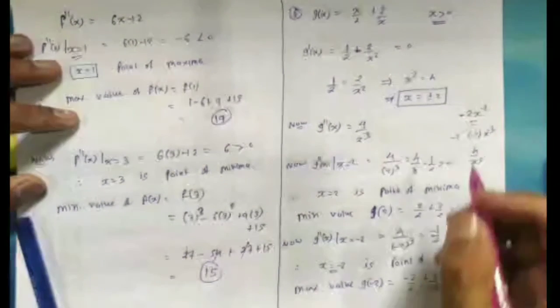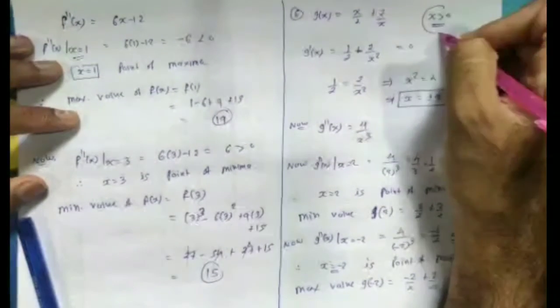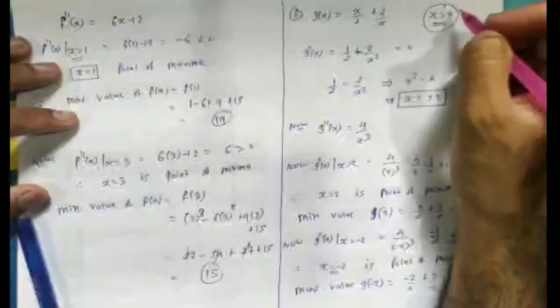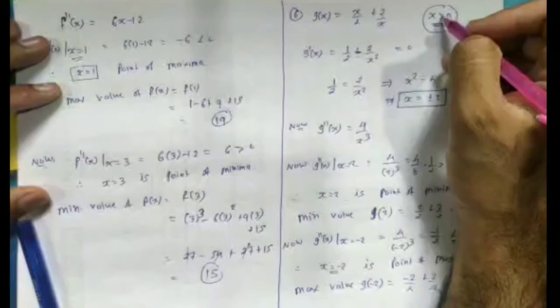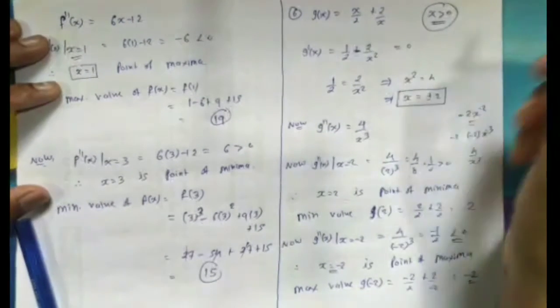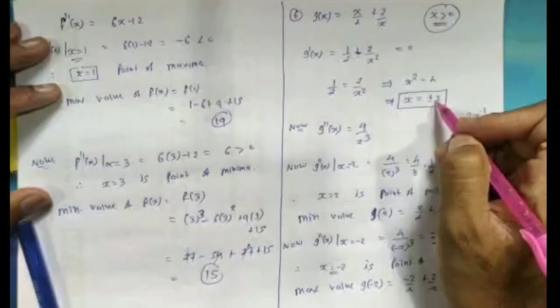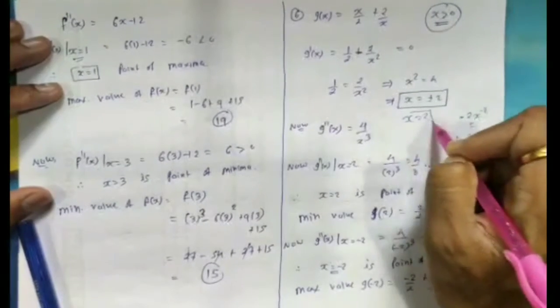हाँ देखो, एक मैंने जो बोला था वही मैंने गलती कर दी. कंडीशन इज x इज ग्रेटर देन इक्वल टू 0, है ना. This function is fine over x greater than 0. So here we have to consider all the value of x which is greater than 0. Here two values of x are there, plus and minus. So we have to consider only x equal to 2.